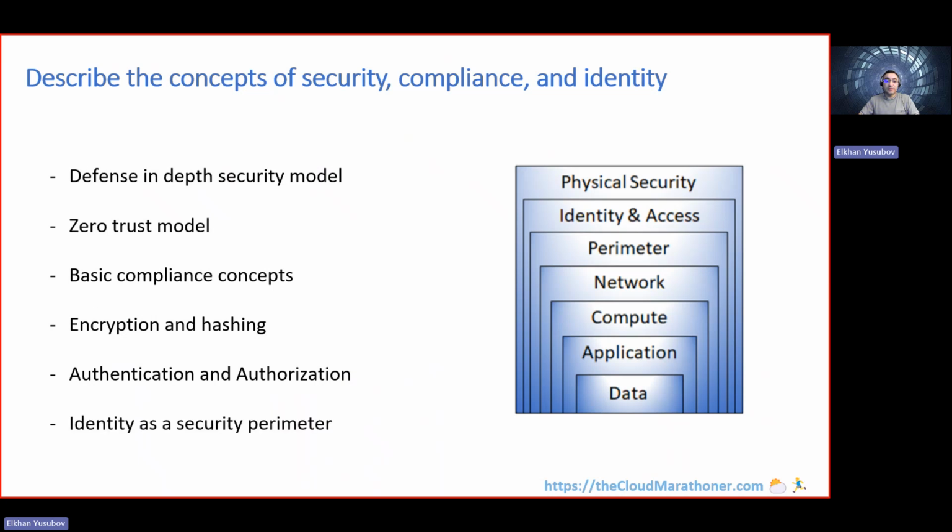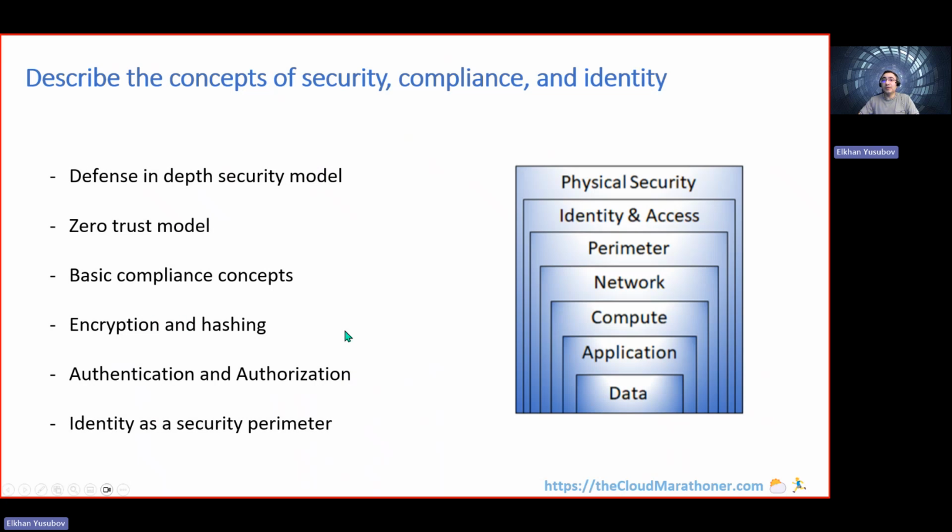And finally we have identity, and identity has become a new security perimeter that enables organizations to secure their assets, especially with the zero trust framework. Identity is a very important pillar. And when we talk about identity, we are not just talking about users or processes. We talk about users, applications, devices, and other actors that require an identity in order to be tracked and recorded, and in order to have this mechanism where all the access is authorized and tracked granularly.